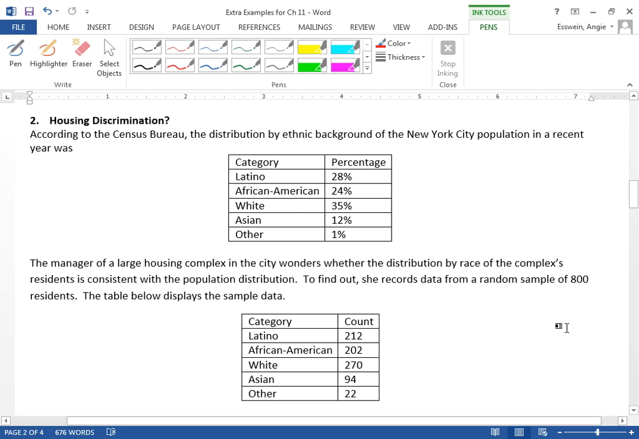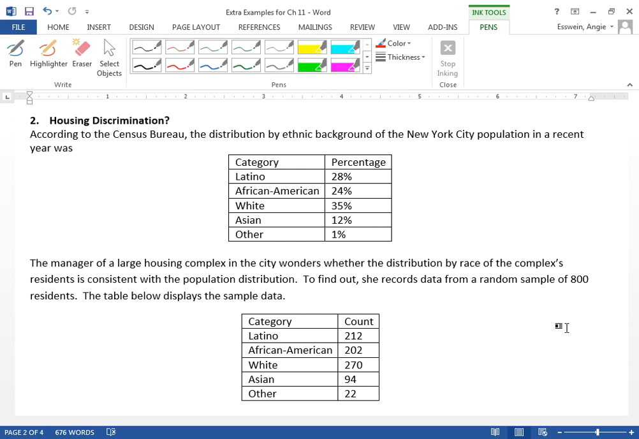might have results you might not expect. Extra example 2. So according to the Census Bureau, the distribution by ethnic background of the New York City population in a recent year was, and there's the categories, right? So the category is ethnic background, and you fall into one of those categories. There's the percentages. So we would expect then that in a large housing complex that the distribution would be similar